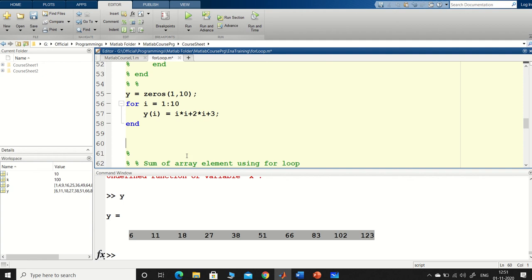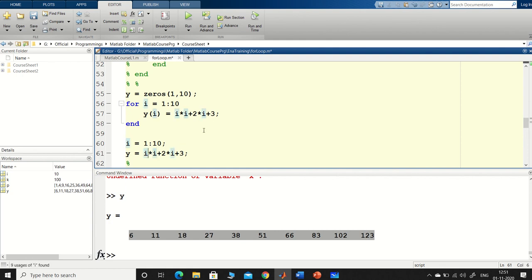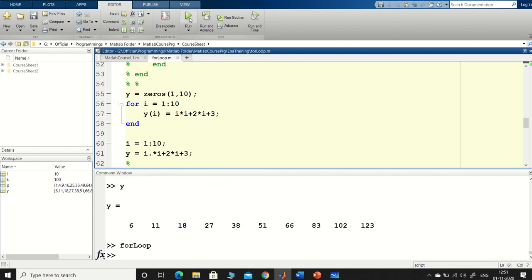It is very easy also to find these values using a one-line vector. Like suppose y is equal to this, and you start here i is equal to 1 to 10. So for each value of i, it will assign the value of y. So you have to use the dot operator for that. So the first value will be squared and then 2y plus 3. It will keep on giving you.